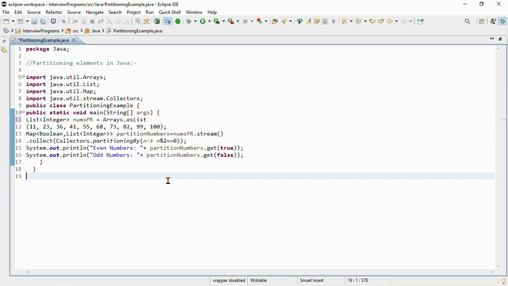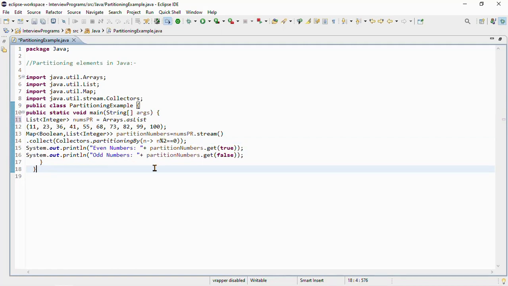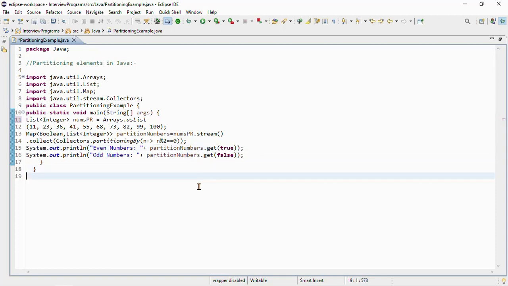We use the Collectors.partitioningBy collector to partition the numbers based on the condition n mod 2 equal to 0, which results in a map where the keys are true for even numbers and false for odd numbers.